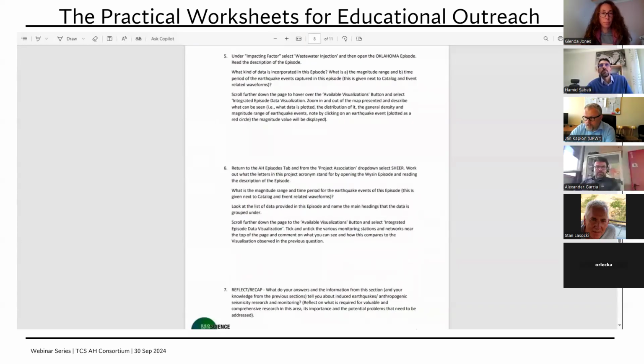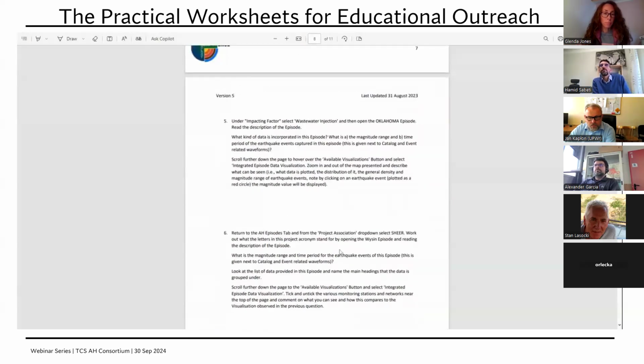First question is to define what SHEAR is by reading around that episode, and then look again at the data available and the available visualizations within that episode. This serves to get them to compare two different episodes and the range of data provided with those episodes. That's quite important in this case, because with the Wysin episode, there's a wide range of environmental data available on the air quality as well as the water quality that may be lacking from the Oklahoma episode. However, for Oklahoma, you've got that wide time range of events that have been captured and much more dense